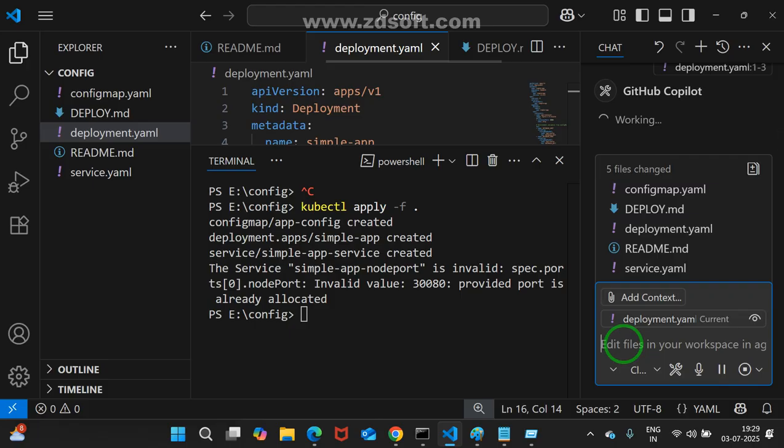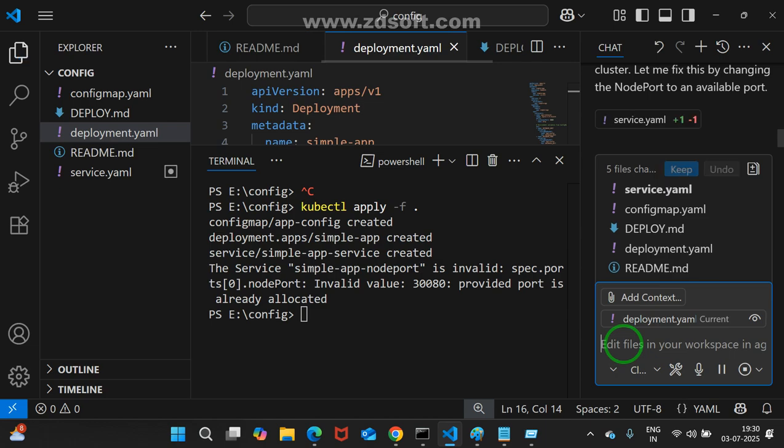Within the service, we completely mentioned node port. I didn't write node port. No, okay, yes, I think it may alter internally.